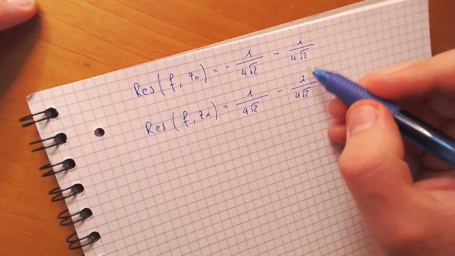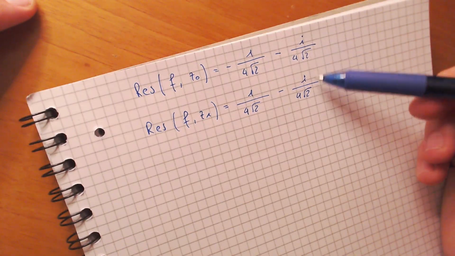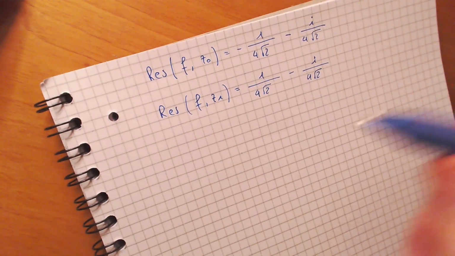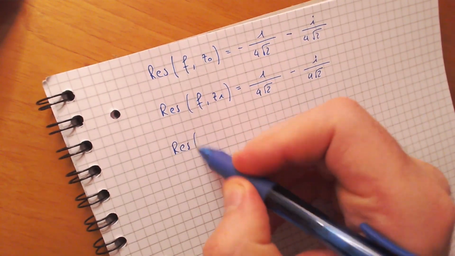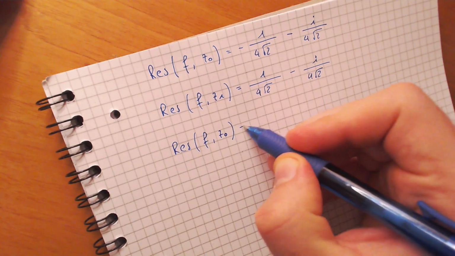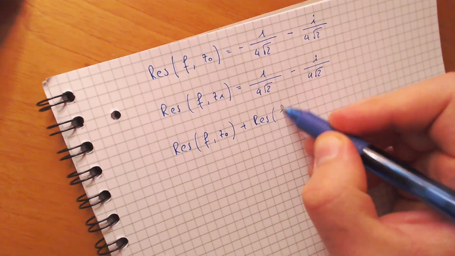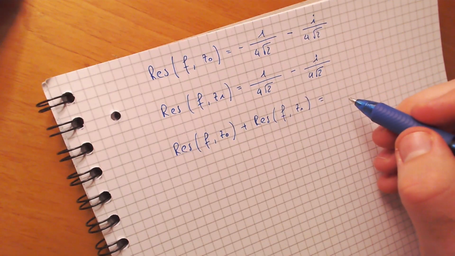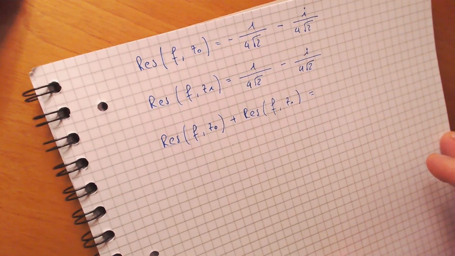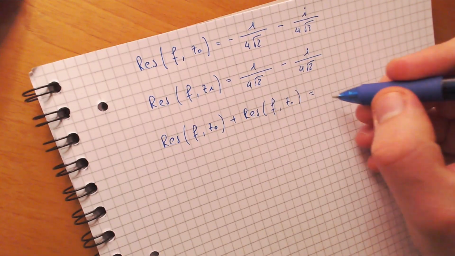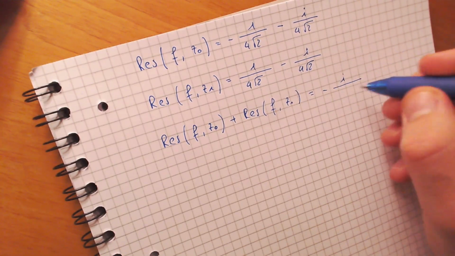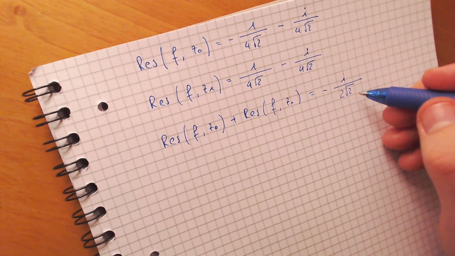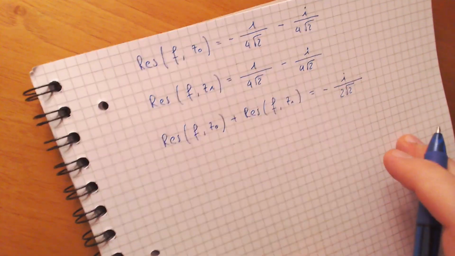Okay, if you calculate the two residues, which are inside our path, you should end up with minus i over 2 times 2 times the square root of 2. Okay, so now, as we said,